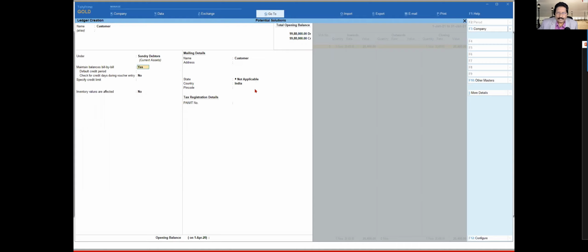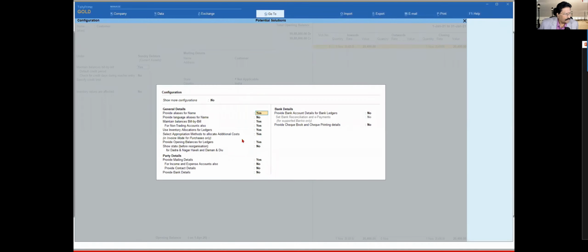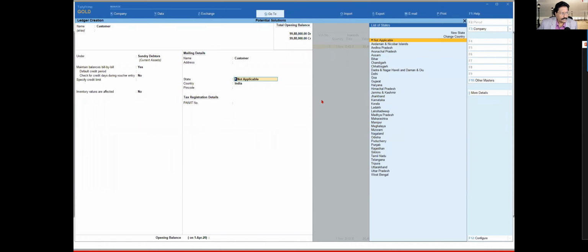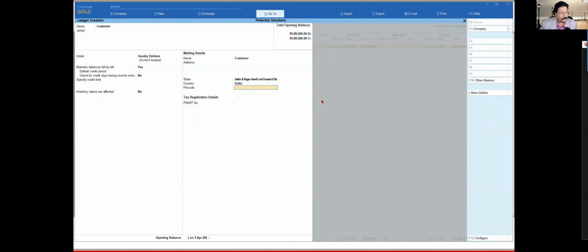So now the state. We are saying don't show me the state before reorganization. So let us see what happens. I'm going to select the state here. Now Dadra, Nagar Haveli and Daman and Diu is there.